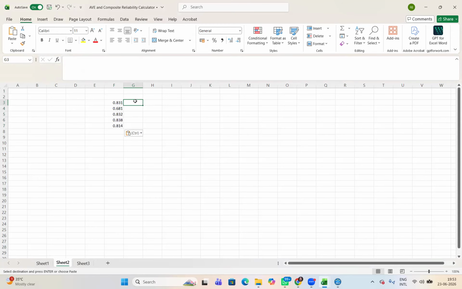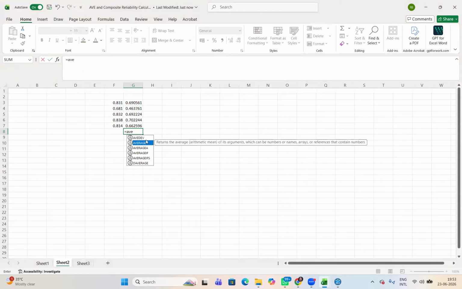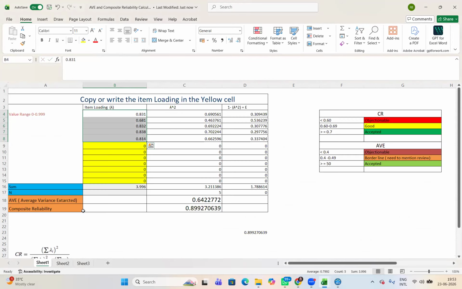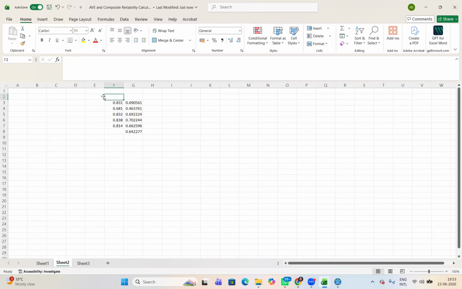And when we scale the loadings, for example, I scale my loading, and I take the average of it. This is my AVE, 0.644. So this is my AVE.